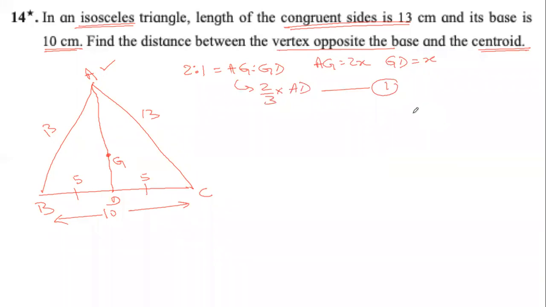Now we have to find AD, and because we have a median, we can use the Apollonius theorem. Help me write it. If I write the LHS, you tell me the RHS. We will refer to the angle A, then AB square plus AC square equals, come on, complete. Okay, 2AD square plus 2BD square. Correct, Khadija?